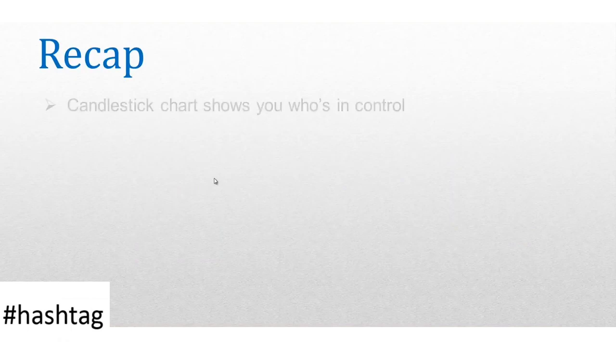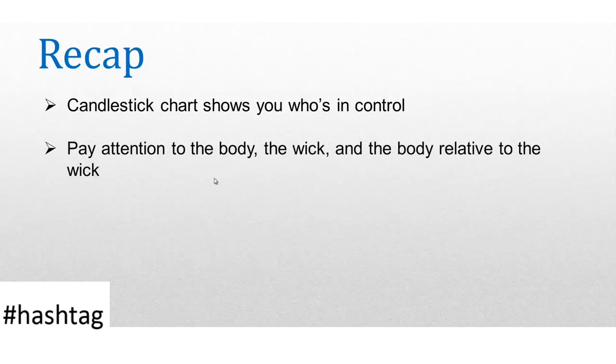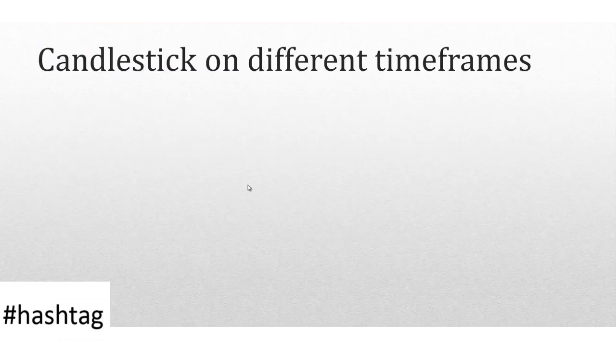So now let's do a quick recap, shall we? A candlestick chart shows you who's in control. Remember, I said pay attention to the body, the wick, and the body relative to the wick. That is important as well, because if you can have a bullish close, but your wick is much longer than the body, it's still a sign of price rejection. Okay, so moving on,